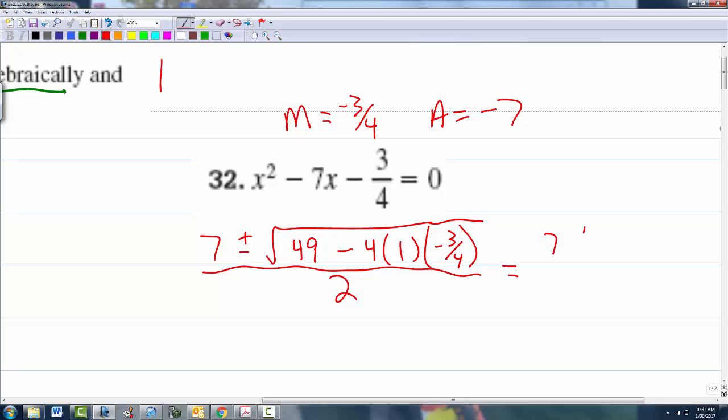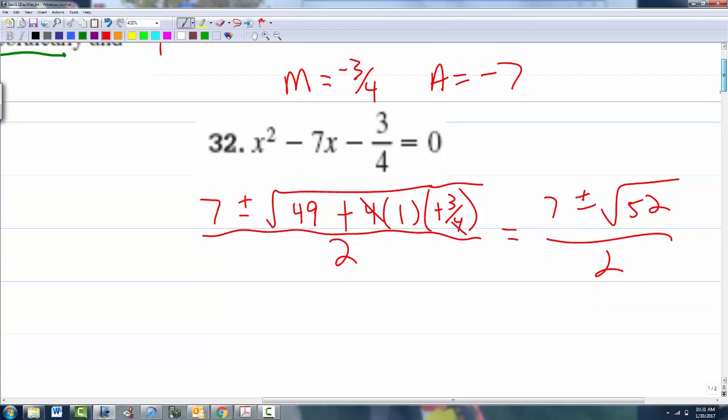So we got to understand that this is 7 plus or minus a root. This becomes 49 plus 3, which is 52. Now, the other hour, we multiplied everything by 4. That means all these numbers were 4 times bigger. And then they had a tougher rationalization they had to do. So it ended up being the same answer. So 7 plus or minus